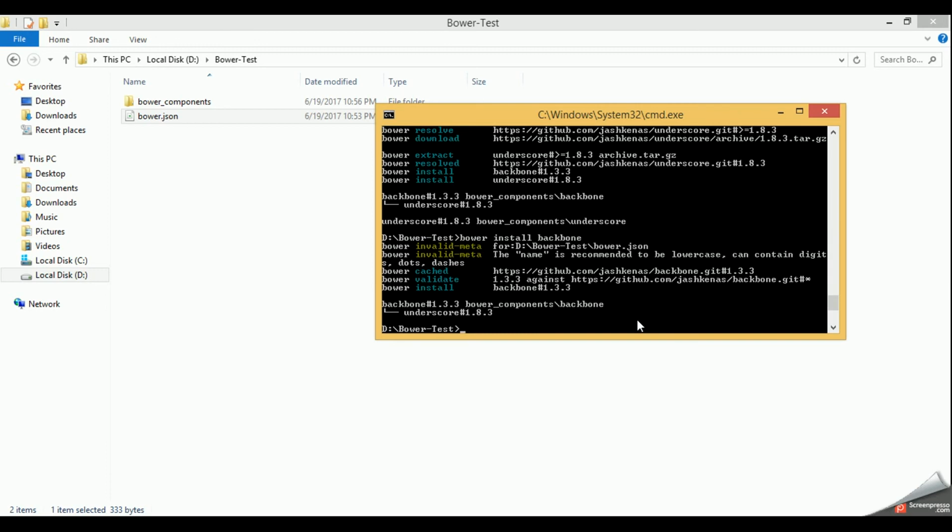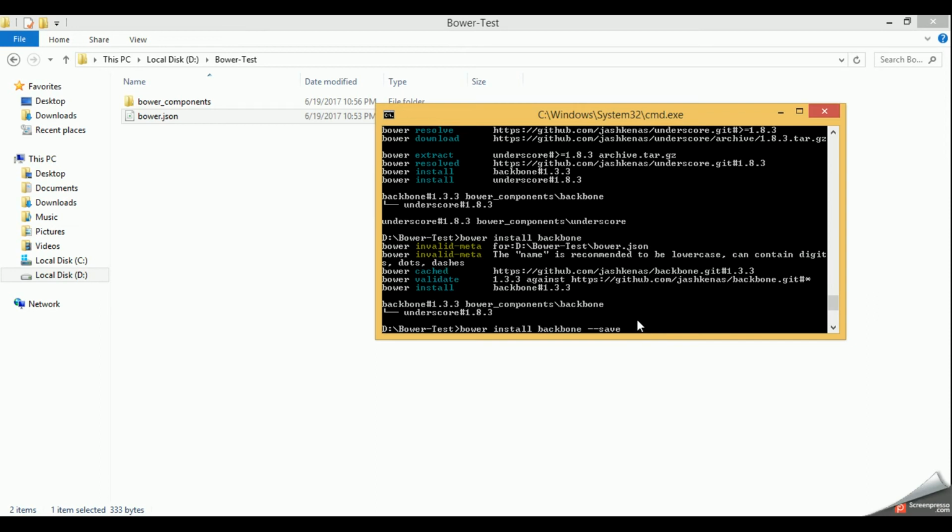So instead what you need to do is bower install backbone --save. Until and unless you mention this --save, Bower will not add this reference into the bower.json file. If you do --save, it will add this reference into the dependencies section, and if you do --save-dev, it will add this dependency into the dev dependencies section.